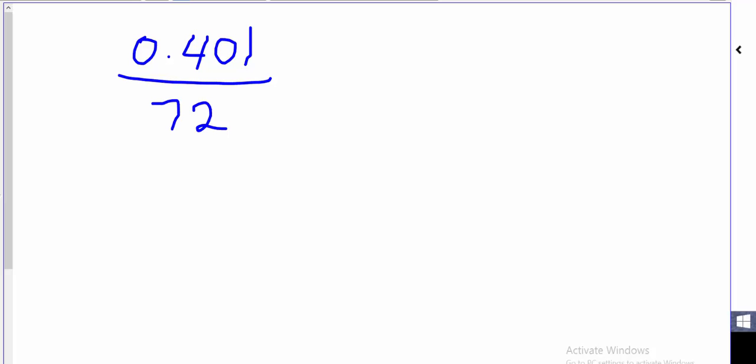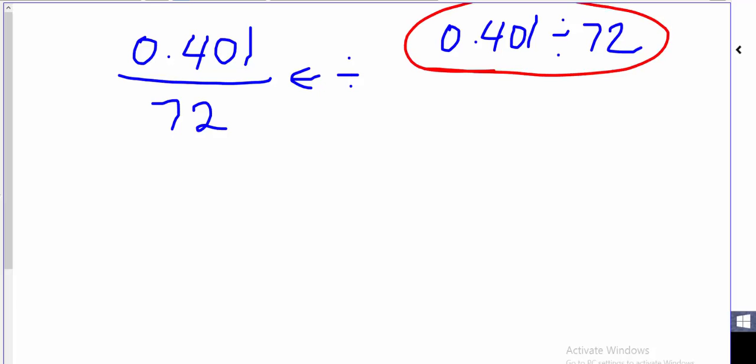Okay, here I have 0.401 divided by 72. Just bringing back some notation here from mathematics. Remember that when we have a fraction or we've got a line underneath the value, it's saying that it's being divided by another number. So this could also be written as 0.401 divided by 72, but it's not very often that we set up a division in this way. We're more likely to use a line underneath the value that we're dividing. And so we'll get used to seeing that